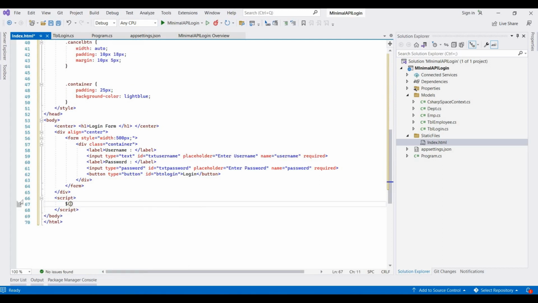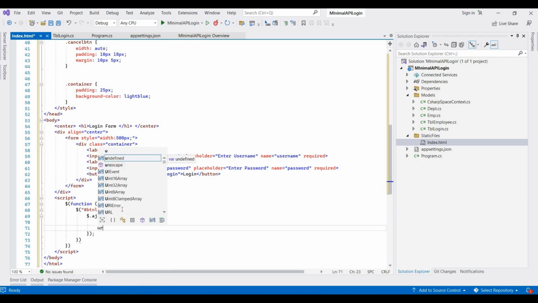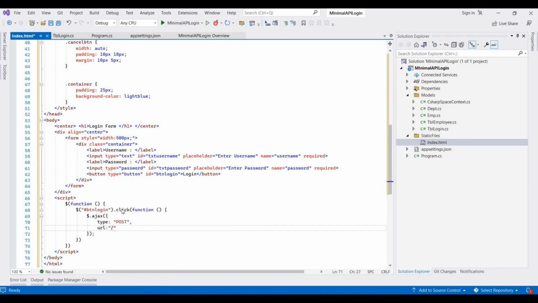It's a dollar and then function, then we write the button click handler that calls that API. We write the ID here dot click, and then we write a function here, it's $.ajax, and here we write type equal to POST, and then the URL. Our URL is this,